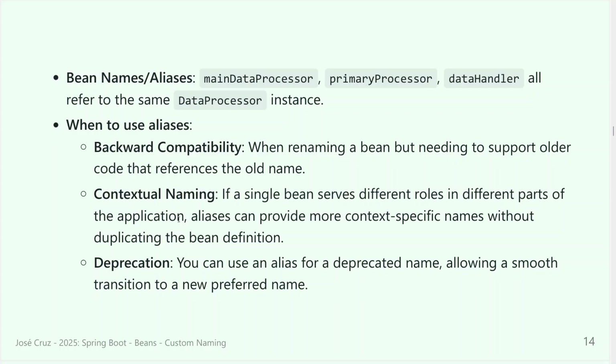duplicating the bin definition. Sometimes you have a data source that is used in two different places with two different purposes. Maybe there are two sets of tables that represent two different scenarios of your business, and it should probably be two different data sources, two different connections with two different users, for instance, but it's old code and you want to maintain the compatibility while you are migrating to the new code. You are trying to refactor to make your application more harmonious, following good practices. So you have an alias that targets the old business, and